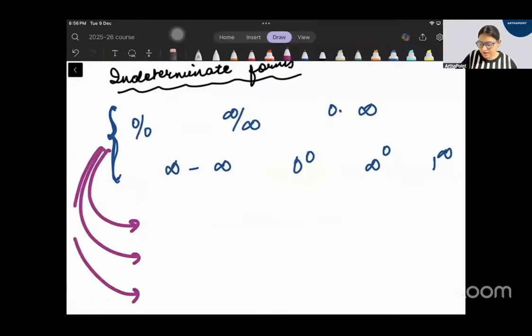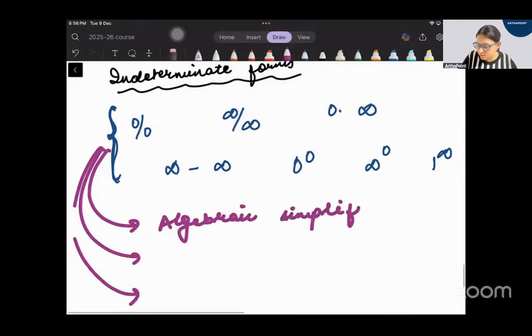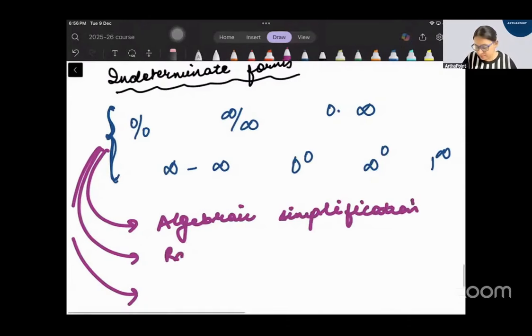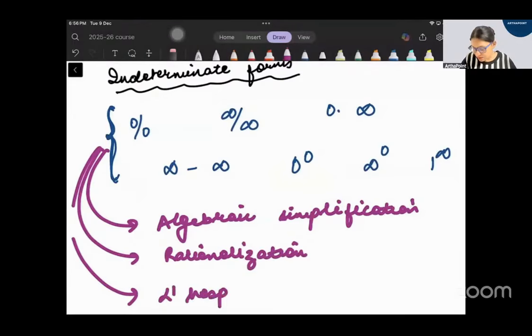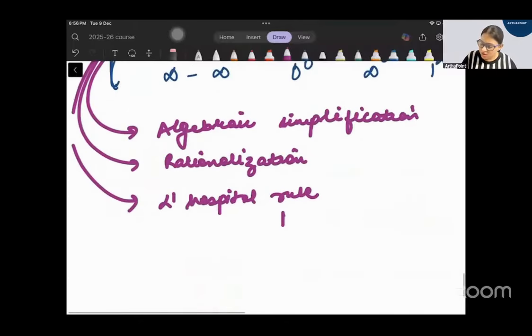So you can apply algebraic simplification. You can apply rationalization, and you can apply L'Hopital rule, in which